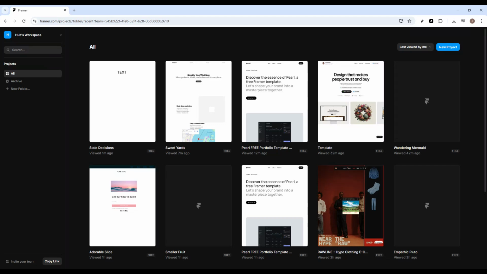If you've been wondering how to use Framer, you're in the right place. In this quick beginner-friendly tutorial, I'm going to walk you through the exact steps to get started in Framer, build your first page, add content, preview your site, and publish it live. Framer is a powerful website builder, and once you understand the basics, it becomes really easy to create clean, modern